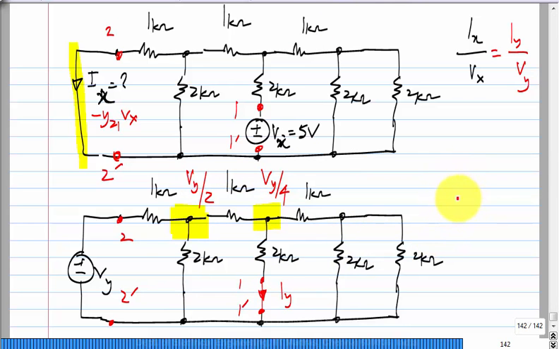What is it? Vy by 8 kilo ohms. So, 5 volts by 8 kilo ohms, which is 5/8 of a milliampere or 0.625 milliampere. I deliberately took something where the reverse Iy by Vy is a lot easier to calculate by inspection compared to